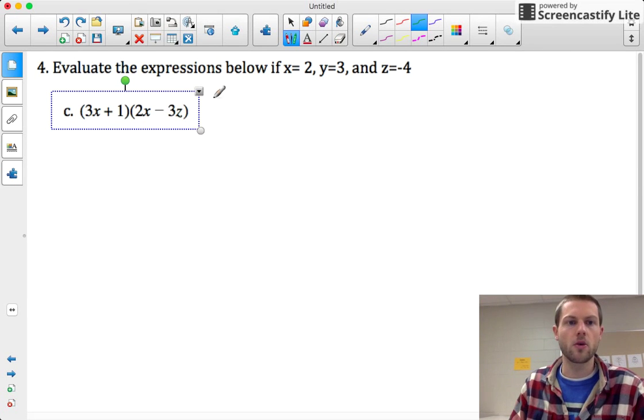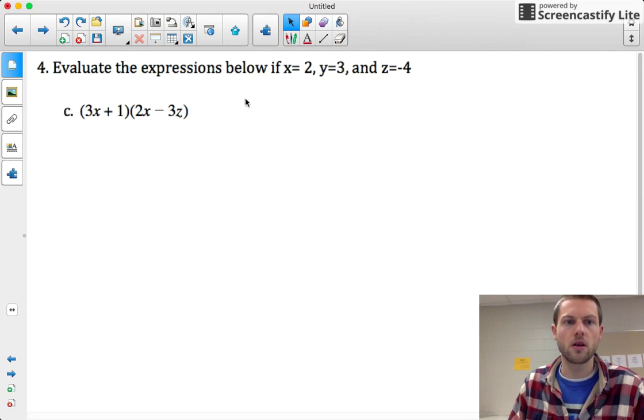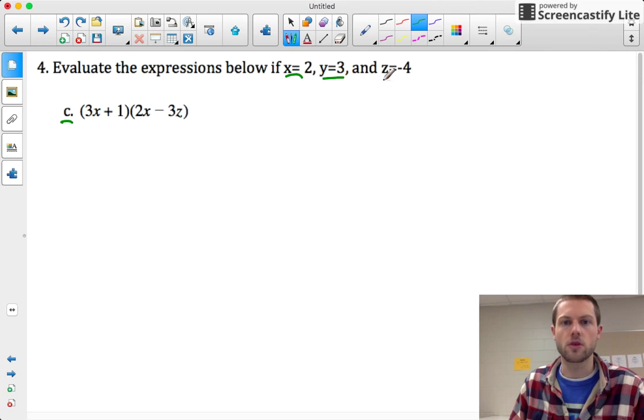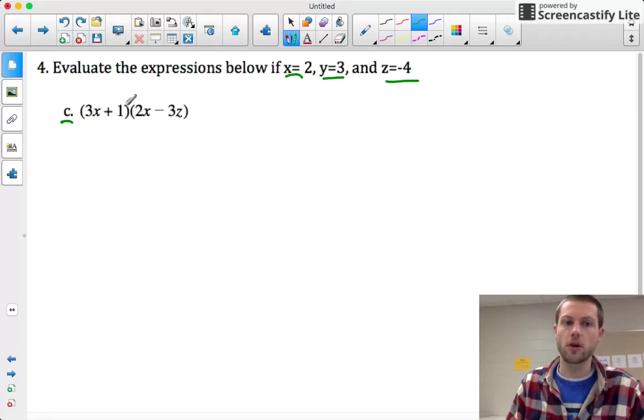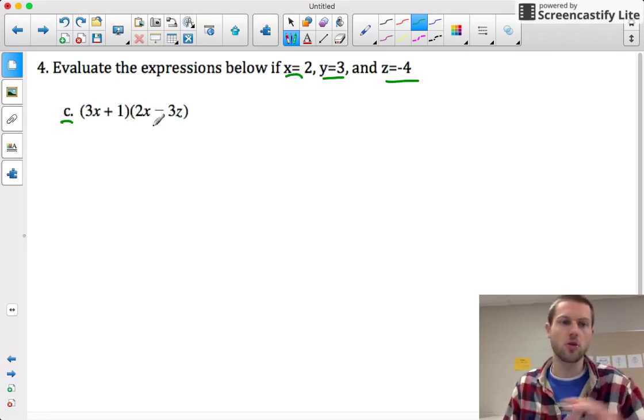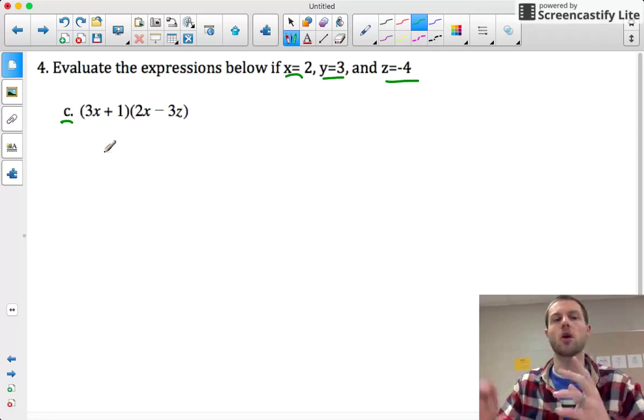Okay, for this problem here, what I want to do is evaluate this expression, letter C here, given x equals 2, y equals 3, and z equals -4. So your first inclination, your first instinct might be, well, I see two sets of parentheses, two factors, I should just multiply them together, I could double distribute, I could use the box, and you start going, but wait,